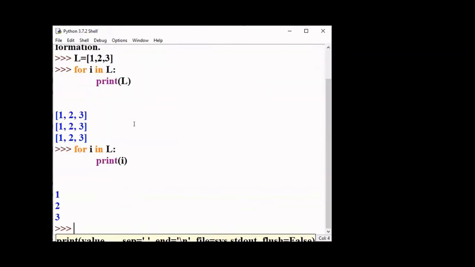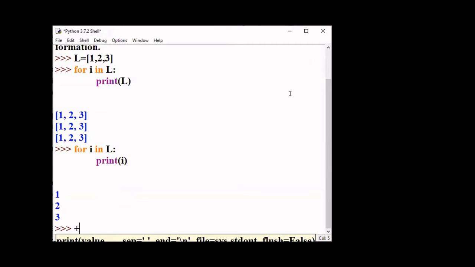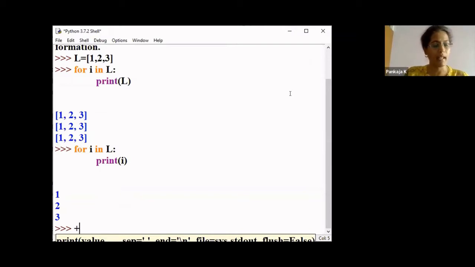Yeah, fine. And we have seen the plus operator. What do the list operations do, that is plus? Plus is going to concatenate the two lists. And I'll make it a little fast so that we can move further.